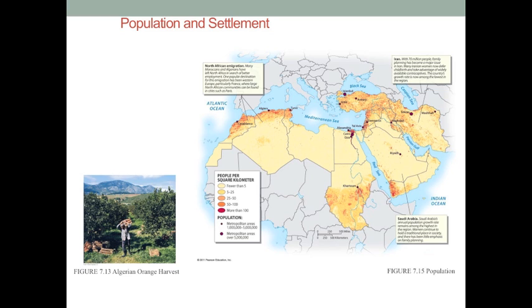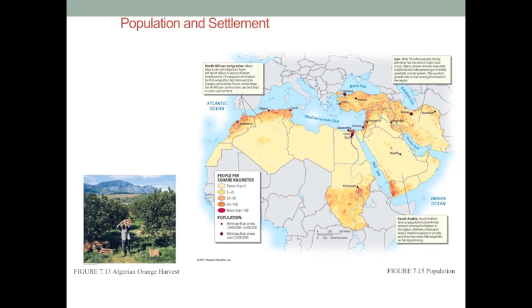Okay, as we move away from the physical geography of North Africa and Southwest Asia, I want to begin by talking about human population and population distributions. A term that you need to know when you look at this is the concept of physiologic density. And what we mean by that is not just the number of people per unit area, but the number of people per unit area of arable or agricultural land.